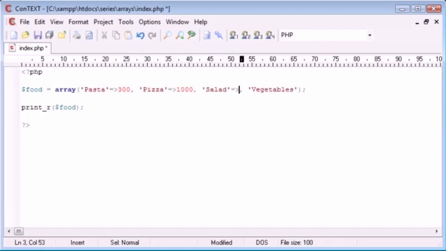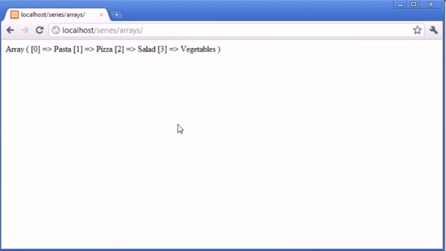Salad we might say is equal to, let's say, 50 calories. In fact, no, that's not really realistic, 150 calories. And then vegetables, I'll say are equal to 50. Now if you carefully watch, remember we're using our commas after this, we're assigning this all in one, and then it's separated by commas. If you watch carefully how this will change, and I'll tell you how this will change